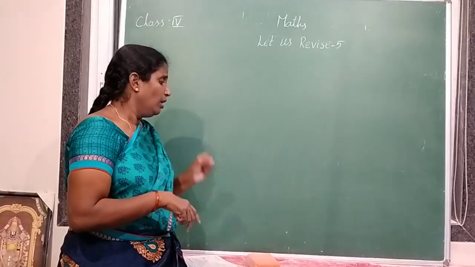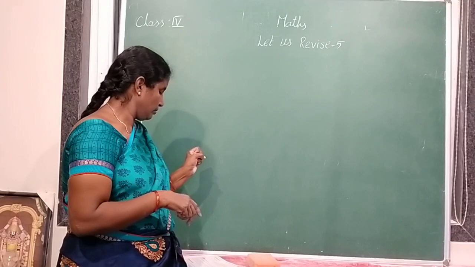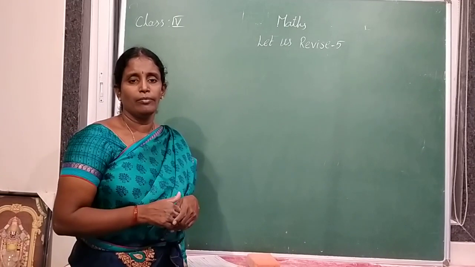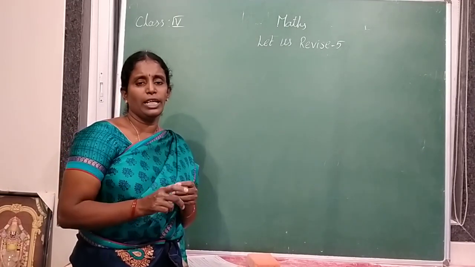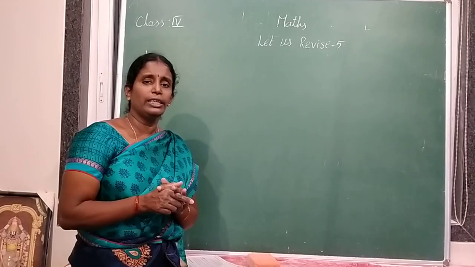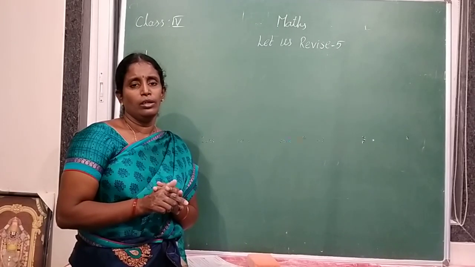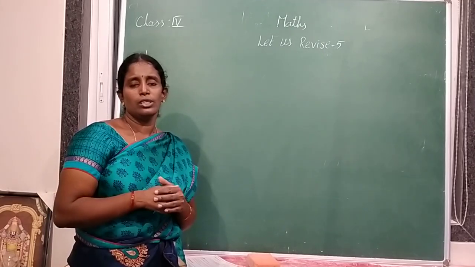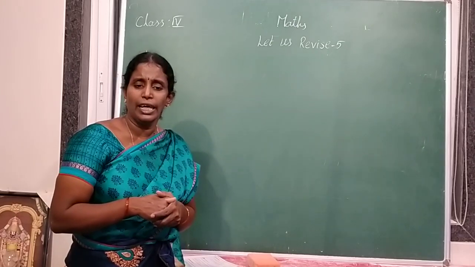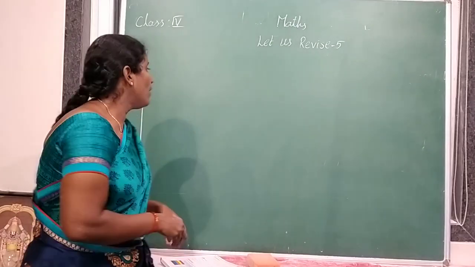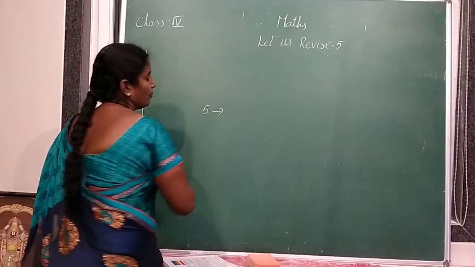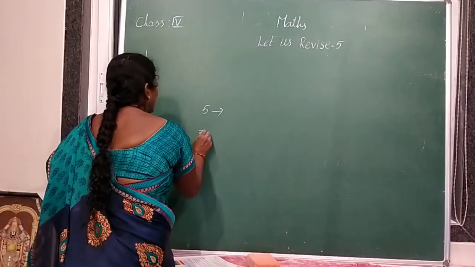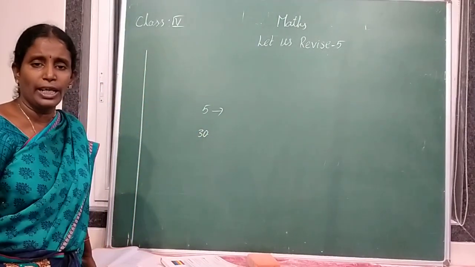So for example, I gave same number of chocolates to all the children. Understood? In our class total 30 members are there. I gave 5 chocolates to each student. Then how many chocolates I gave? Each student got 5 chocolates. And there are 30 students. Then how many chocolates I distributed?